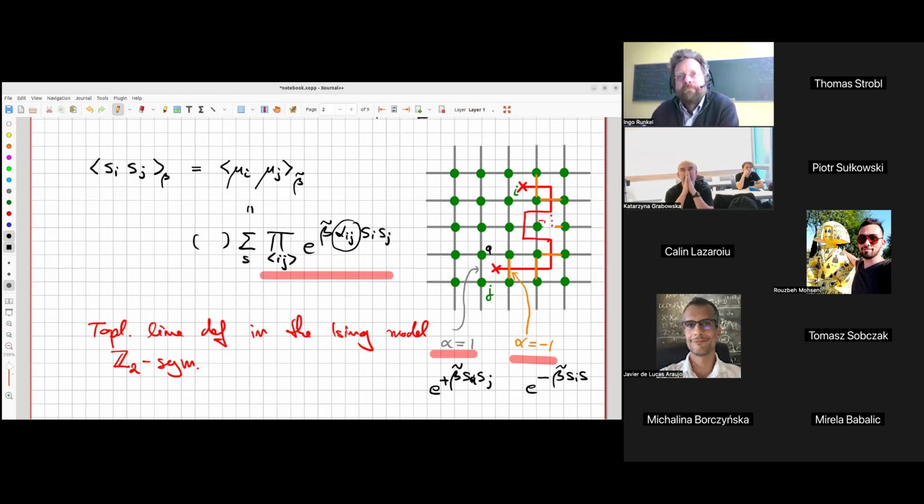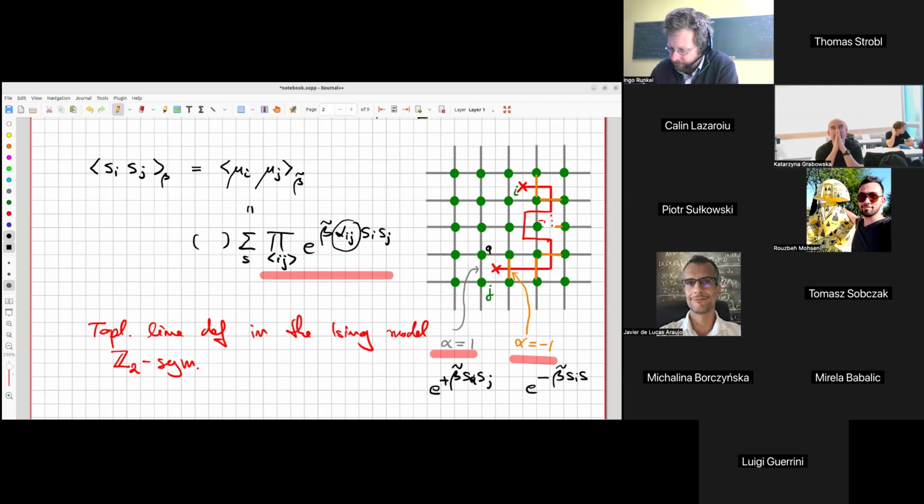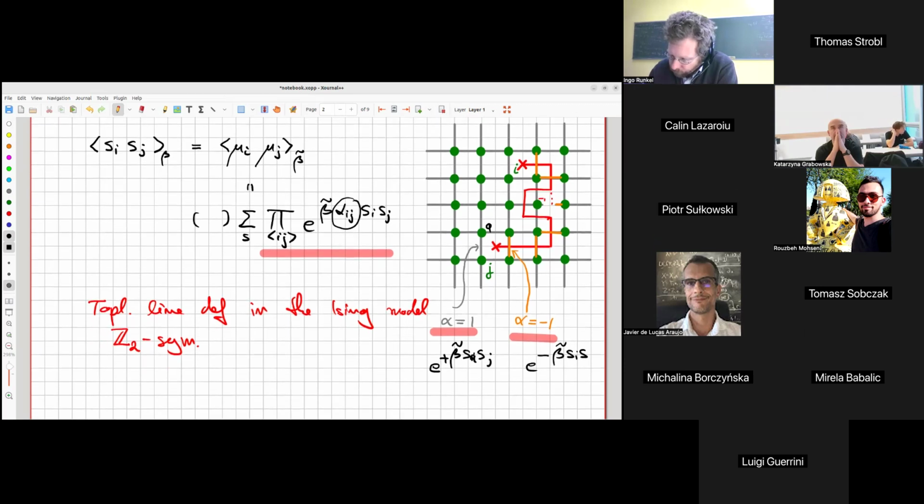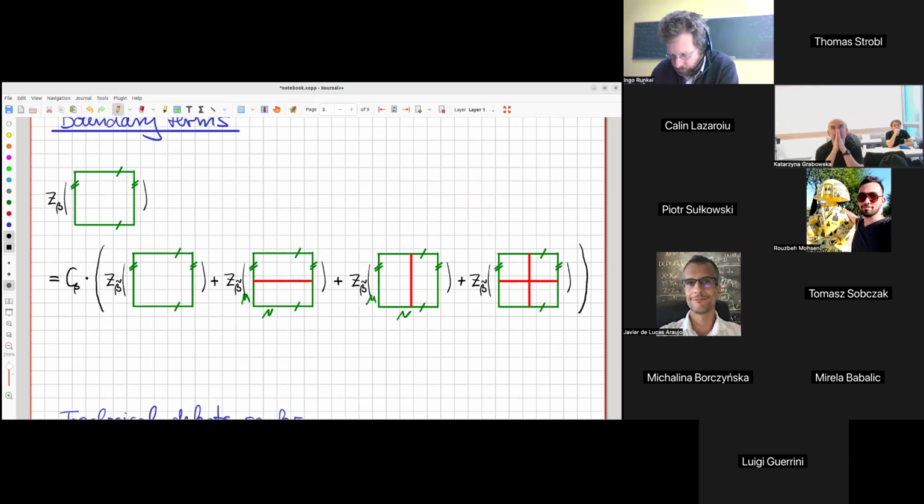Ingo, let me ask. If I understand correctly, the choice of these cycles should be such that their homology classes form a basis of the integral homology of the torus, right? Yes, that would be a mathematical condition. So this is basically a sum over spin structures, if I want to think more abstractly. Yes, in the sense that there are also 4 spin structures. In a way, that's what you are doing, right? You are flipping the sign of the spin. That's the same as changing the sign of the coupling every time you cross it.